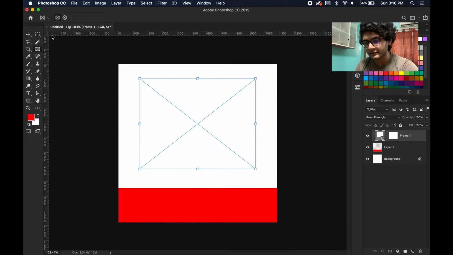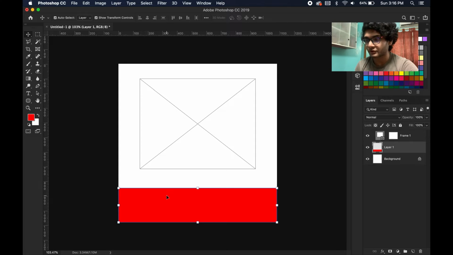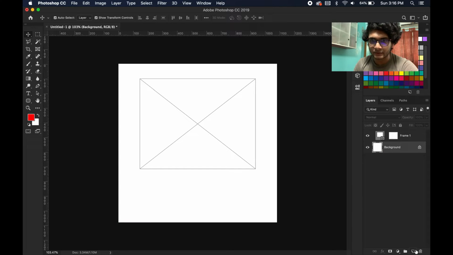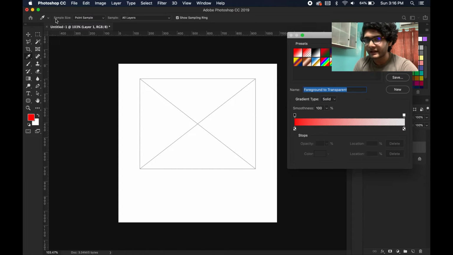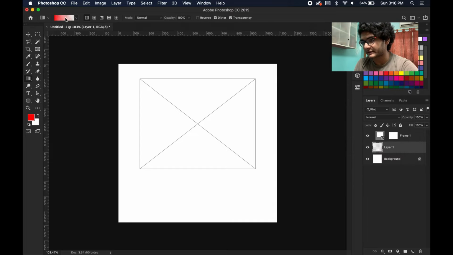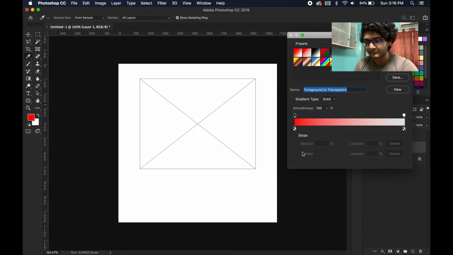But the modern thing is that if you are using this kind of sharp rectangular things for putting the information, it actually won't look good. So what I do is that I probably make a new layer and use the gradient tool. As you can see, my foreground color is red, so my gradient tool is selected as foreground to transparent. You have to just click here to edit the aspects of the gradient tool, and let me take a gradient.